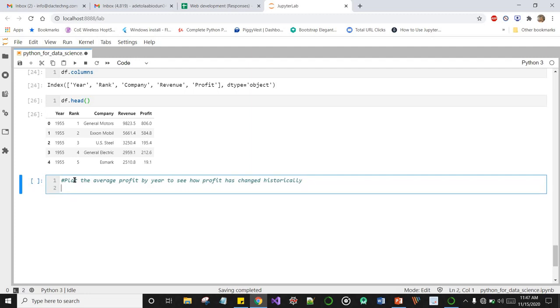So let's define a variable called group by year and data frame dot loc.